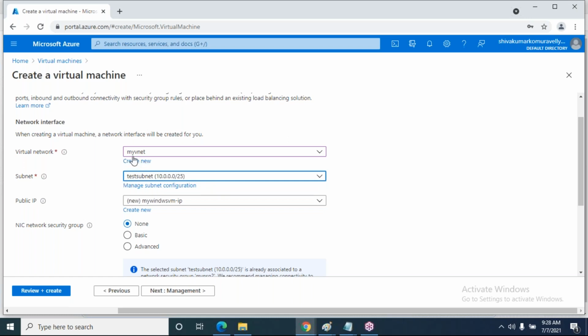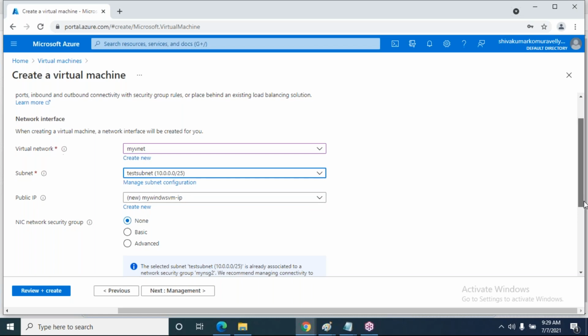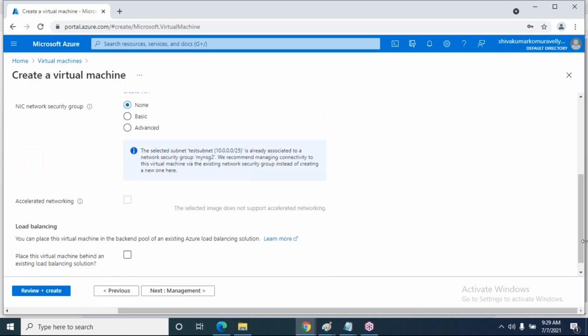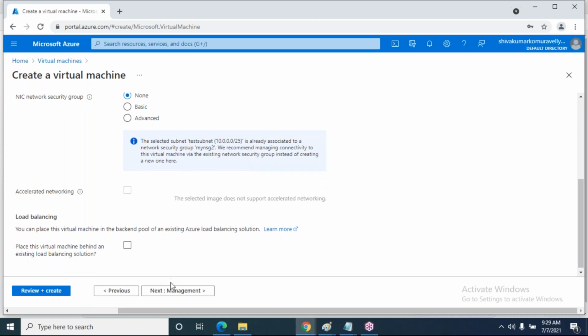In your case this will not appear; some default option will be shown. The remaining things we can leave as is because we don't know what a NIC card is. Load balancer we are going to discuss in virtual machine scale set.